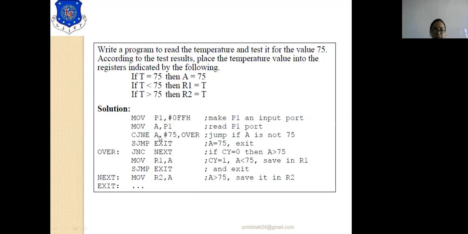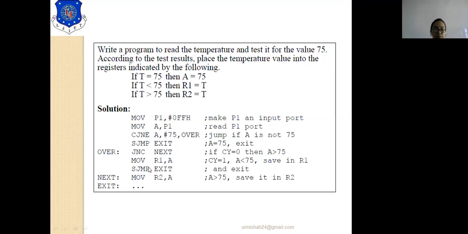If the data present in the accumulator is greater than 75, you will set the R2 register with whatever data is in the accumulator. If the data in the accumulator is less than 75, then you will set the R1 register with whatever data is present in the accumulator. So this program will work like this.